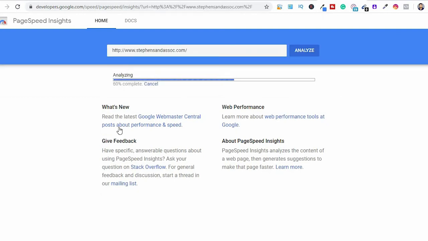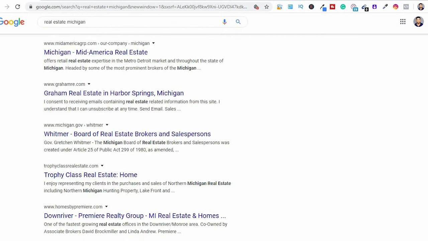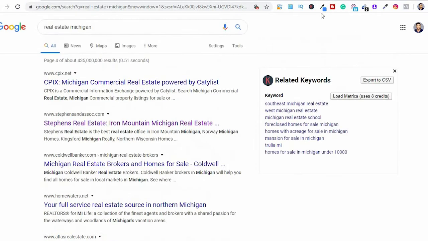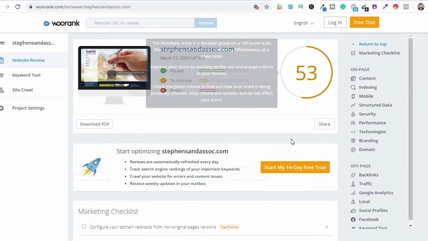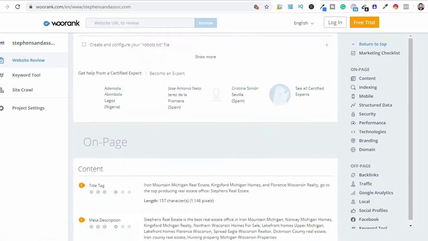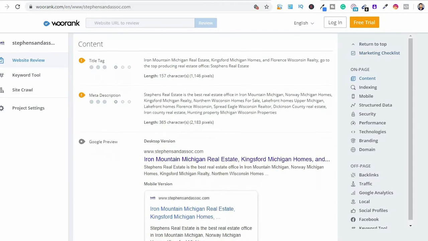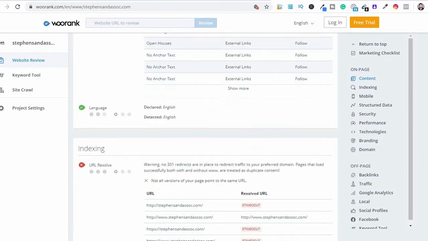We want to know the reason why they are ranking where they are on Google right now for Michigan. Number 4. Why are they ranking number 4 in real estate Michigan? We want to see some of the reasons why they are backward. Let me use that word. You can see right here, WooRank actually brought their own SEO score and gave them a score of 53 on their website. And there are other reasons why their site is not performing very well on the search engine called Google. We can actually help them fix some of these problems.